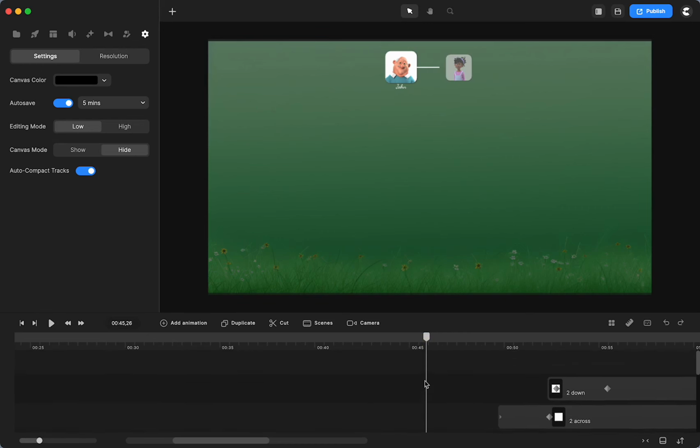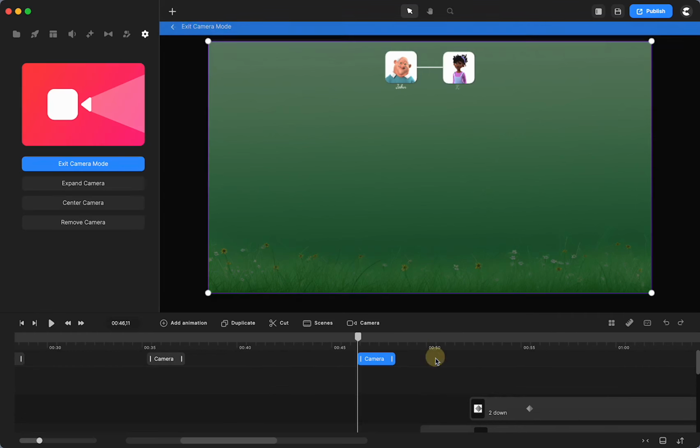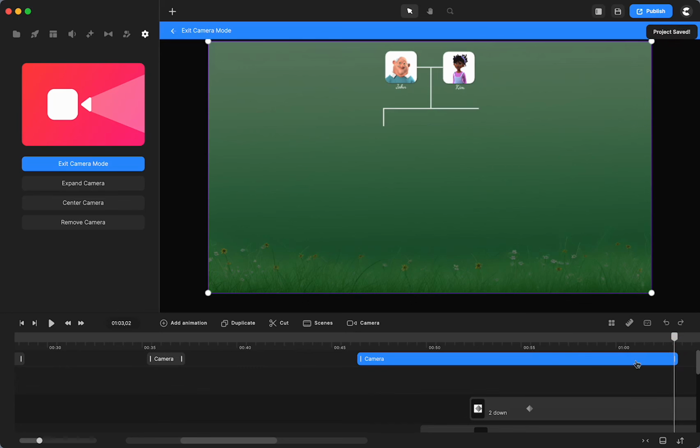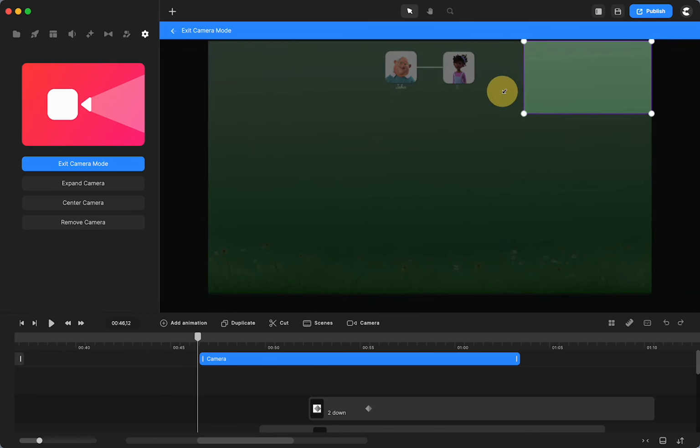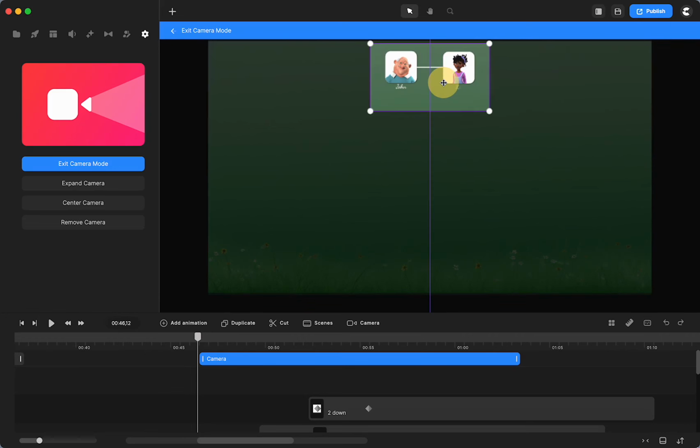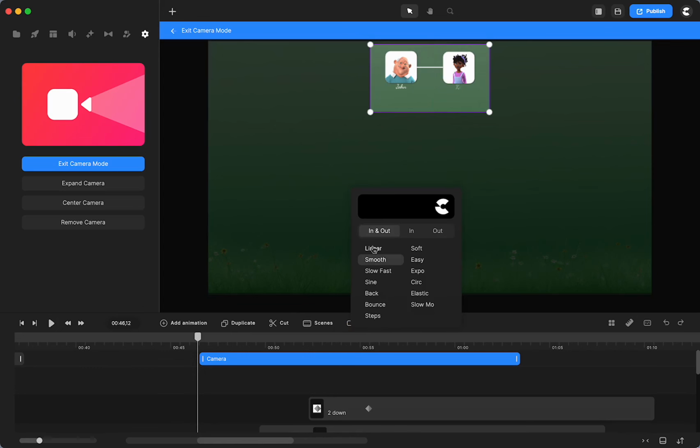Now, what I did for my camera is I double clicked, and I had a pretty long camera frame. I had to keep retiming it with the music and the characters I had, but at the beginning you can see the 4 corners, so it's full canvas. I'm going to click and drag that up so it is just these 2 characters. You can see the purple line, it's centered. I'm going to click on the easing and make it linear. And now you'll see